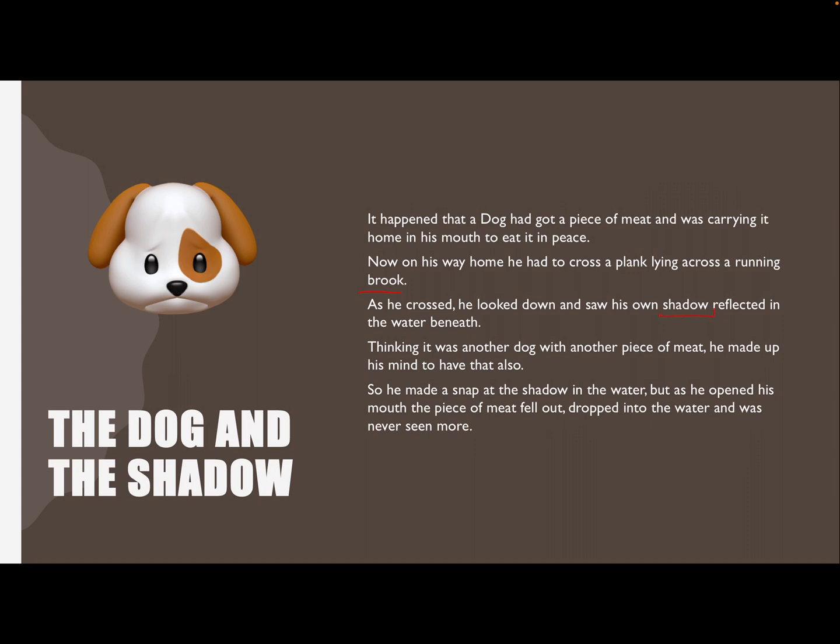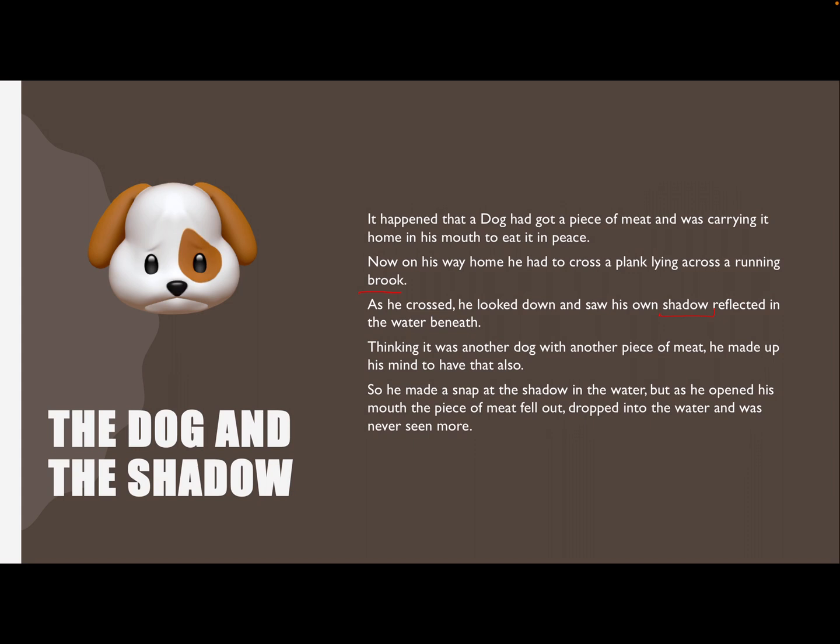So here we have a greedy dog. He sees his reflection holding meat in its mouth, and he thinks, I'm going to have my meat and I'm going to have that dog's meat. Opens his mouth to nick the other dog's meat, which of course isn't real, it's a reflection, and he loses his own. So what does this tell you?